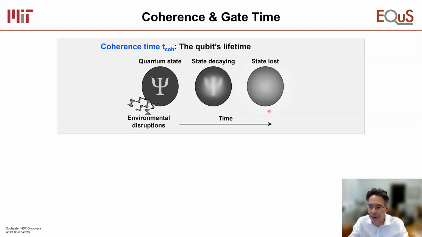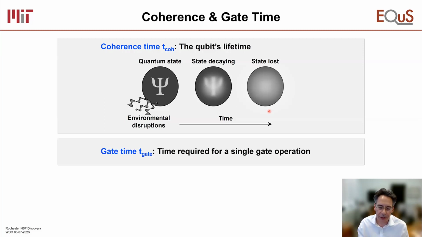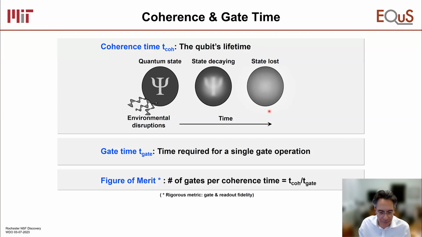And so it ends up being in a different place than I expect. The time frame over which this happens is known as the qubit's coherence time, or lifetime. Now, the second time we care about is the gate time. How long does it take for us to implement one of these single qubit or 2-qubit gates? And take the one that takes the longest. That's a conservative estimate. And the figure of merit is, how many gates can I apply within the coherence time